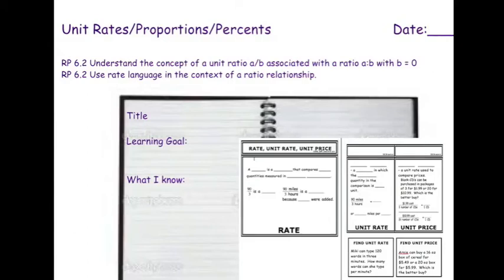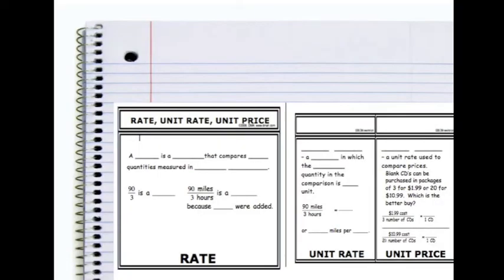So today we're going to be talking about unit rates, ratios, proportions, and percents. And all we're going to do is take our foldable and fill in the blanks. So first of all, a ratio or a rate is a ratio that compares two quantities measured in different